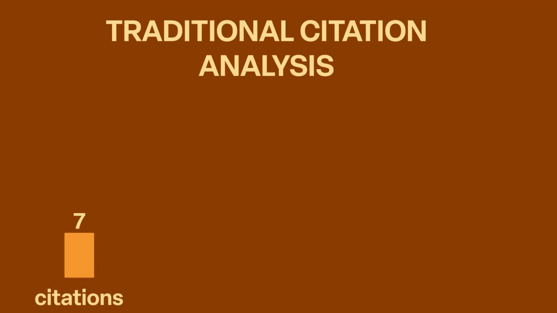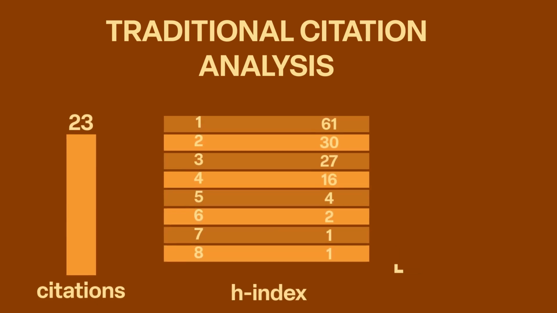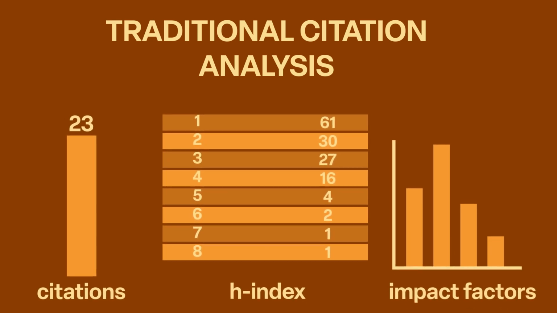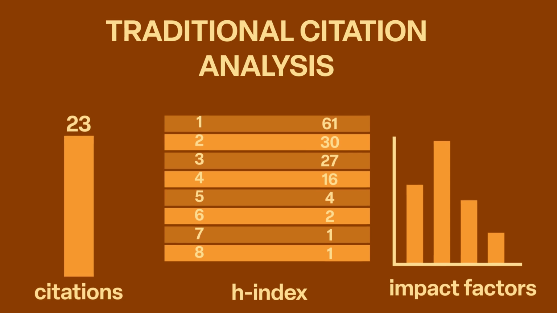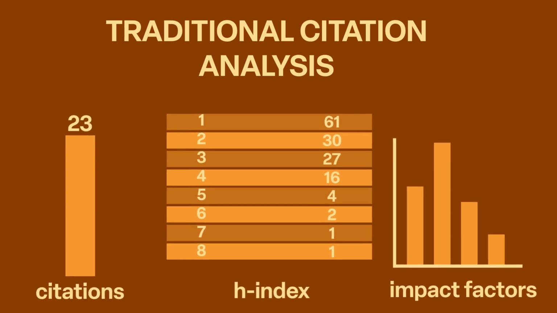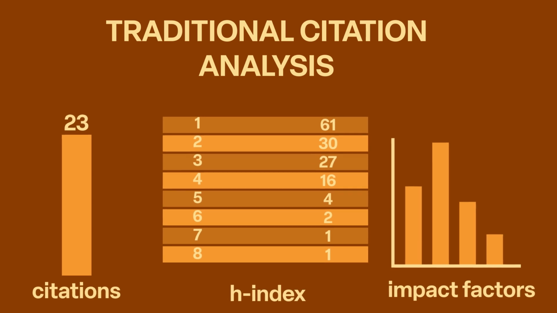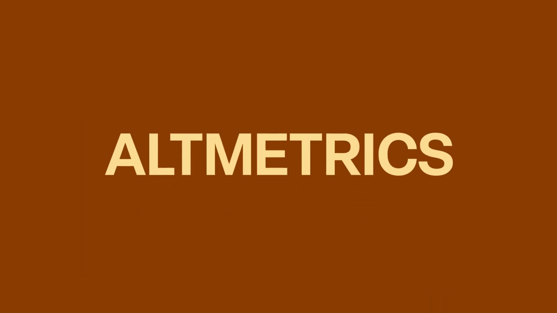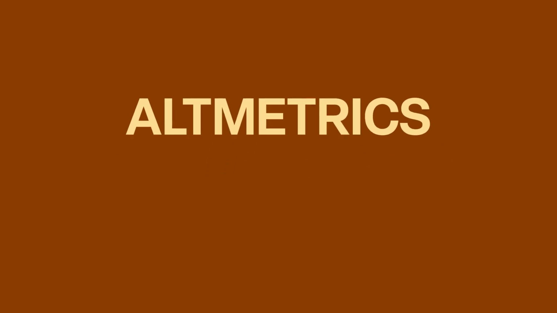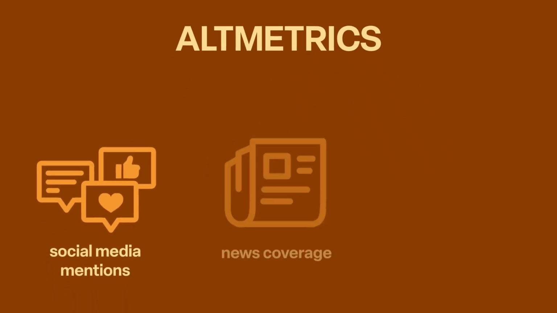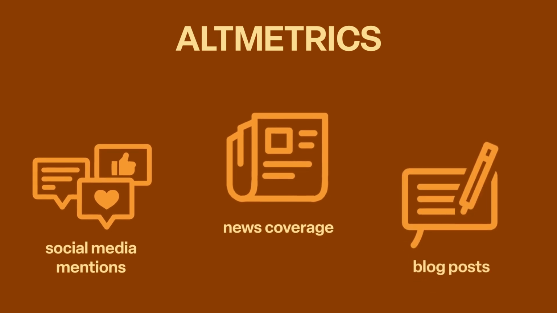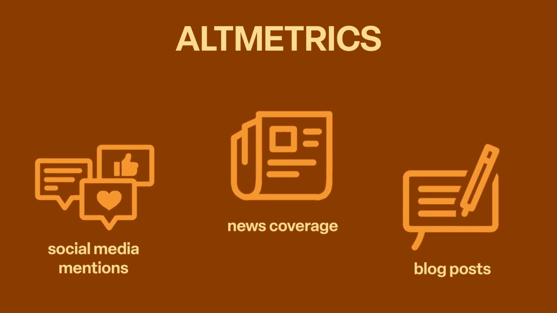Firstly, traditional citation analysis, such as citation count, H-index, impact factors, and other comparable indicators, can serve as an initial stepping stone to assess scientific impact based on the echoes within the academic community. Secondly, alternative indicators, so-called altmetrics, are suitable for grasping the impact outside academia. Such indicators include social media mentions, news coverage, and blog posts, which illuminate the visibility and acceptance of your research